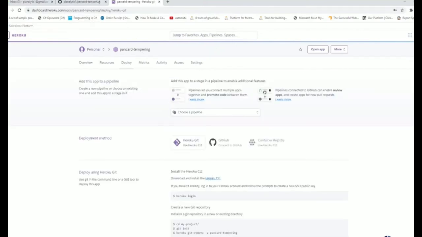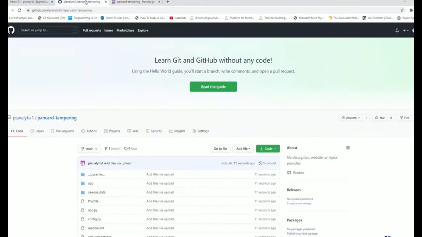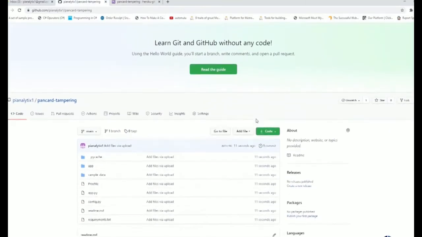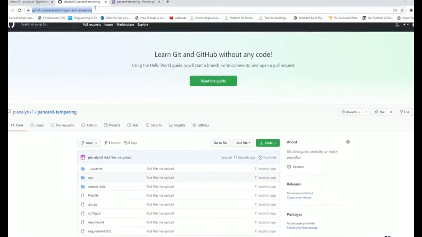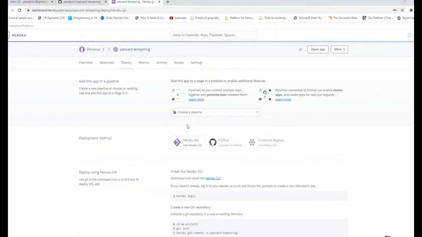Let's check if our files have been uploaded or not. So here you can see that all our files have been uploaded here into the GitHub account. So this is the link to our repository, github.com, your username and the name of your repository. Now we will connect our Heroku account to our GitHub account. So as we created an app named PAN card tempering,